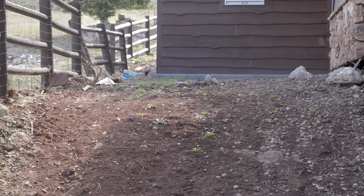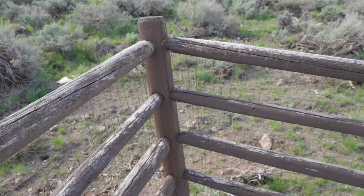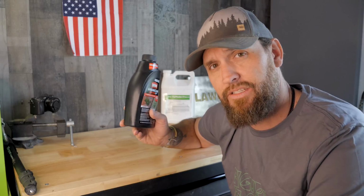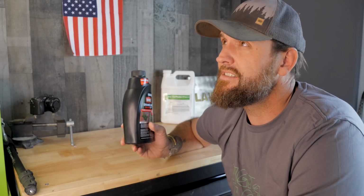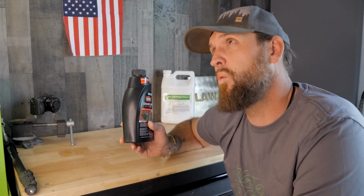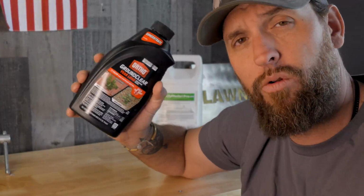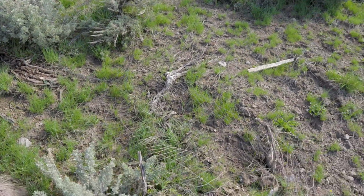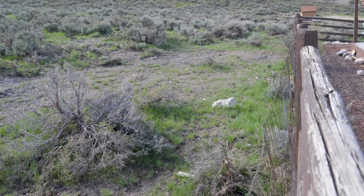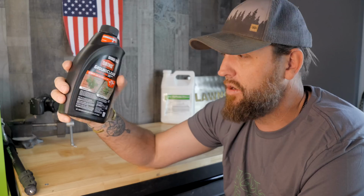This would probably work best for like driveways and walkways and small areas, but I don't know if you noticed, that whole strip that I would have to do is many thousands of square feet. So in order for me to do what I would need to do using this material right here, let's see, I would probably need 10 to almost 20 bottles. 20 bottles of this, 250 bucks worth of material in order to do what I need to do. I have used this before in small stuff, like down along like cobble walkways and little areas, and it does actually work really well. So if you don't have a lot of area to go for, this is a